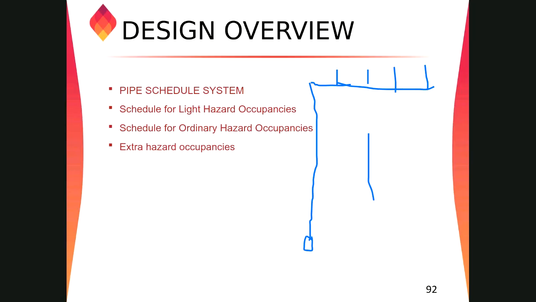But again, this idea is almost obsolete now. No one is using a pipe schedule system for a new project. Mostly they are using it for projects from the past that are still running, where the billing is still going on. If you want some modification, at that time you can use the pipe schedule system with some limitations.